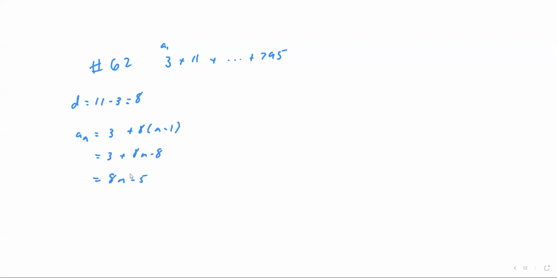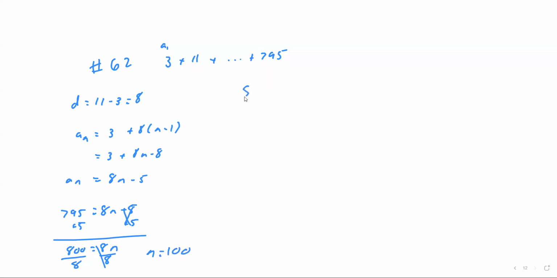All right, now that I have this equation, I need to figure out what n is. So this is what ace of n is. So 795 would be 8n minus 5. What is my n? So let's add 5 to that. So that'd give me 800 equals 8n, divided by 8. So I see n is 100. So now when I plug it into my series,